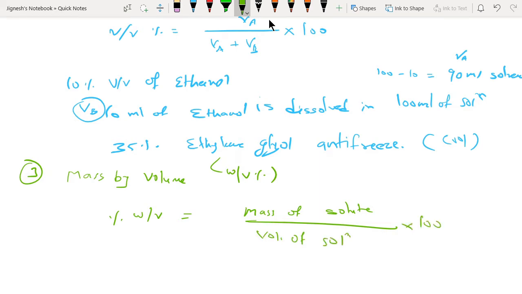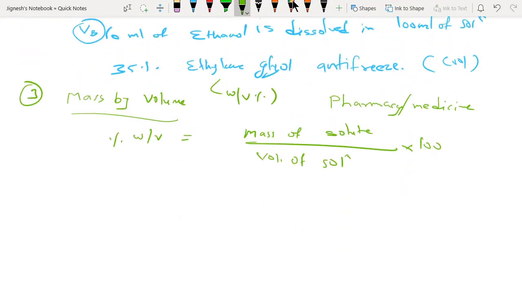And this is widely used, guys. This is widely used. Okay, so this is one of the best examples which we can use, and this is used in pharmacy. Pharmaceutical companies are using this. In case of medicine also they are using such a thing, which you will study later on when you go to higher classes above school level.